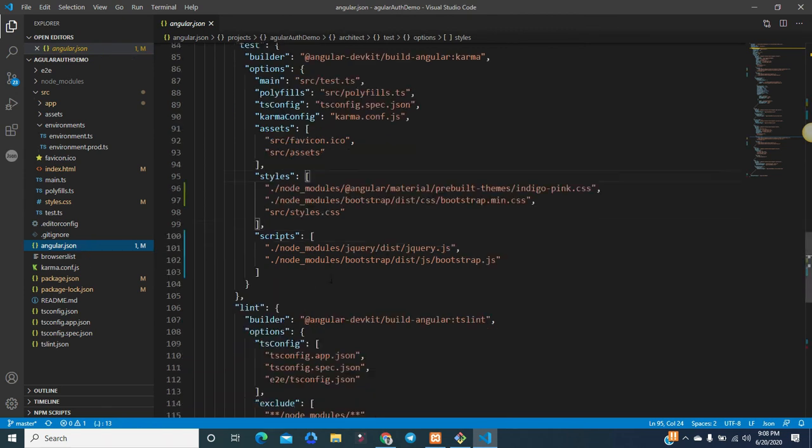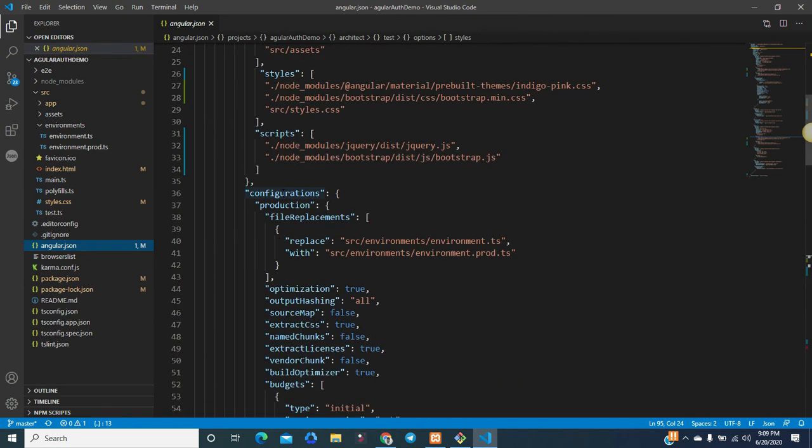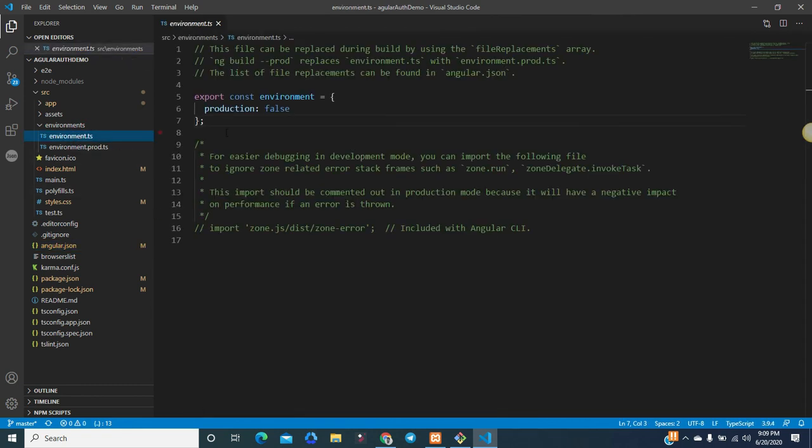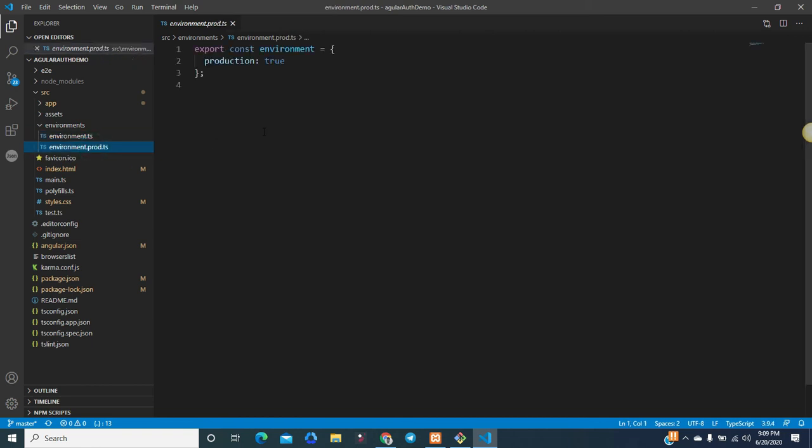If you go to angular.json, to the configurations, and in production, you will find that fileReplacements are defined. It means that the environment.ts file will be replaced with environment.prod.ts if you put your code in production mode. So in case of production, it will be replaced with src/environments/environment.prod.ts. It means whatever global variables you use in environment.ts will not be utilized, and environment.prod.ts will be utilized here. So accordingly you need to manage it.